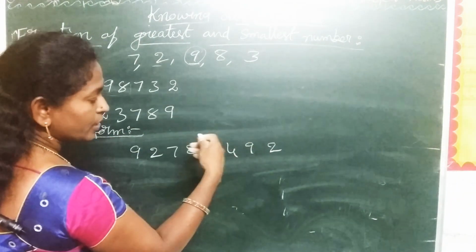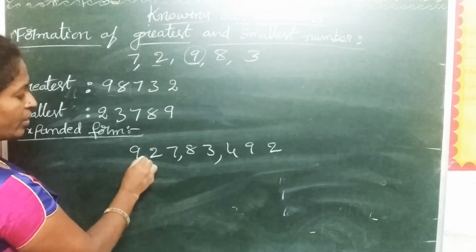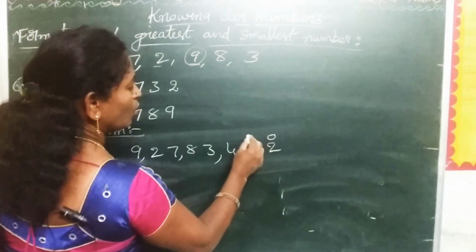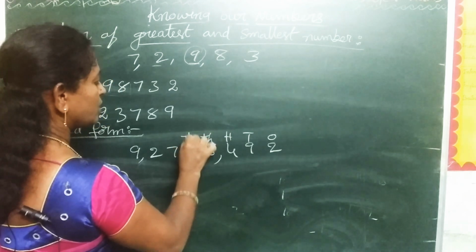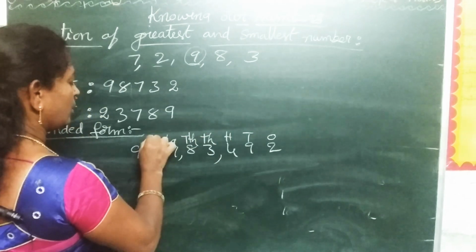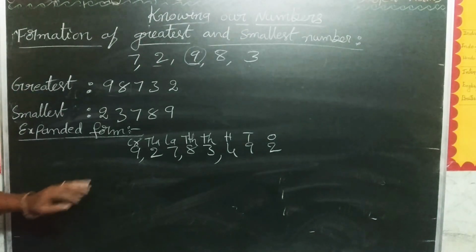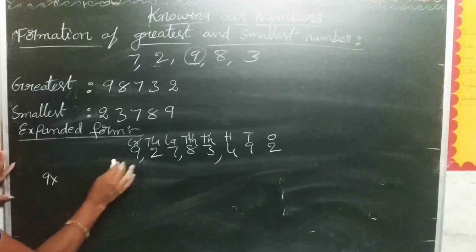First, in the Indian system of numeration, we use a comma after the first 3 digits, and then for every 2 digits. And at the same time, you have to write the places also: ones, tens, hundreds, thousands, ten thousands, lakhs, ten lakhs, and crores, up to crores. Okay, so now expand the form. 9 is 1 crore,